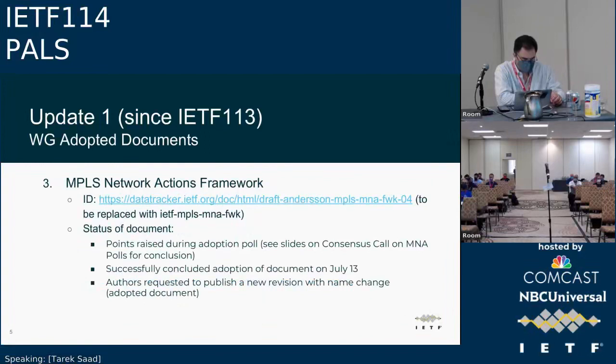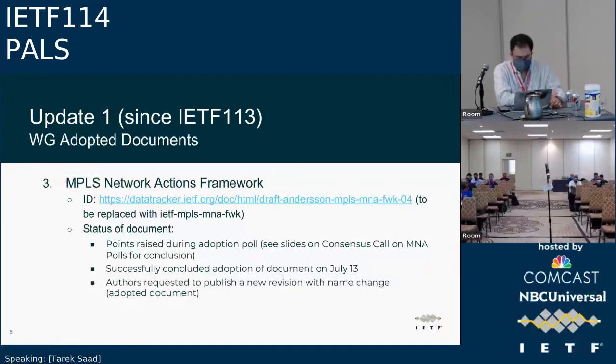The third document that the design team tackled was the framework for MPLS network actions. And this document got recently adopted. The name still hasn't changed, but we're expecting it to change anytime. But indeed, the working group has decided to adopt this document.